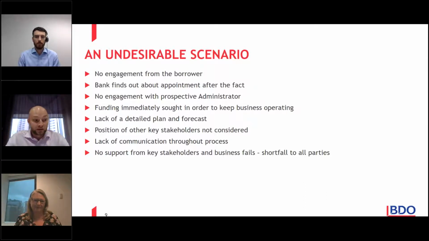If you're finding out after the fact, it's quite difficult for a bank to work through a process to give funding, to agree to a strategy when you're being asked to make a decision on the spot after an administrator's already taken control of the business. And as I mentioned, if there's no real engagement prior to the appointment, it's difficult to know whether the funding that is probably inevitably going to be sought is enough to achieve the desired outcome, if the other stakeholders are on board, if there is any sort of planning, or if the administrator is just thinking of trading on a whim in a hope that they might be able to achieve an outcome.